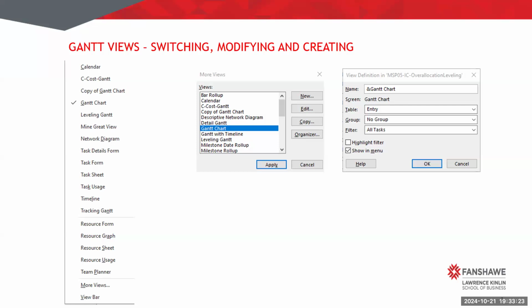So imagine you're managing two different projects in Microsoft Project. One is a software development project, and the other is a construction project. For the software development project, you may primarily focus on task dependencies and progress tracking. So the Gantt chart view would be ideal, because it allows you to easily see the sequence of tasks, their durations, and how they relate to one another,